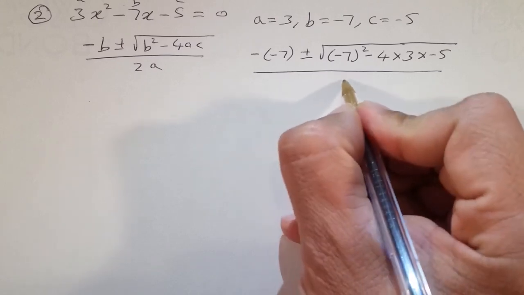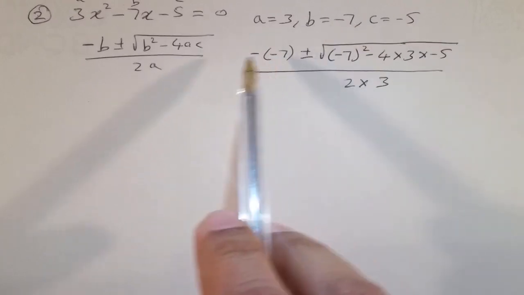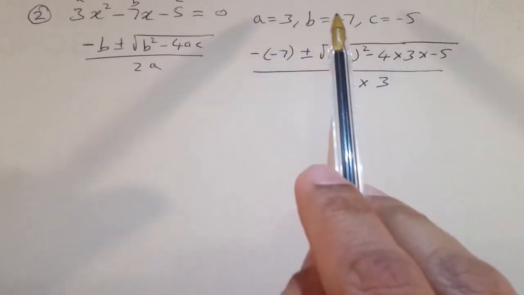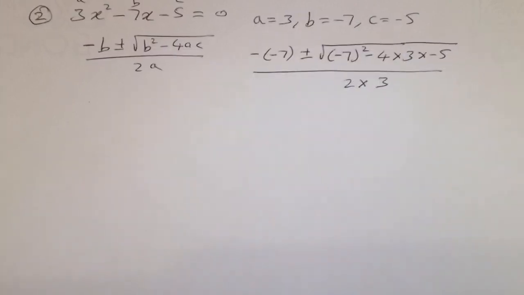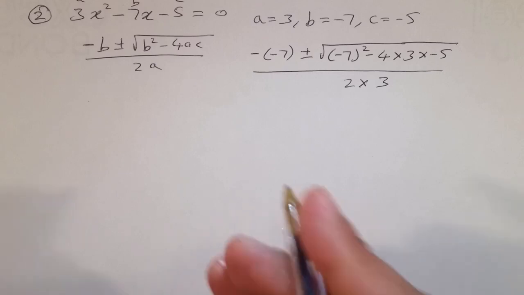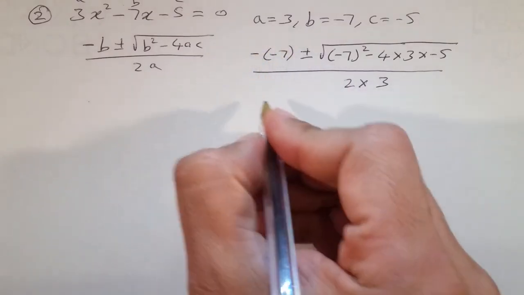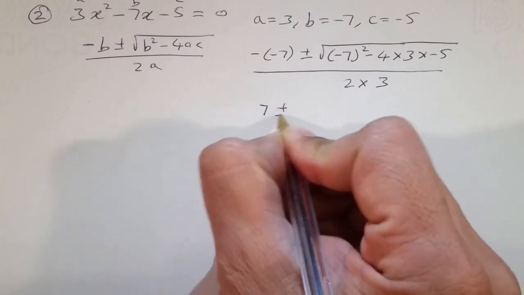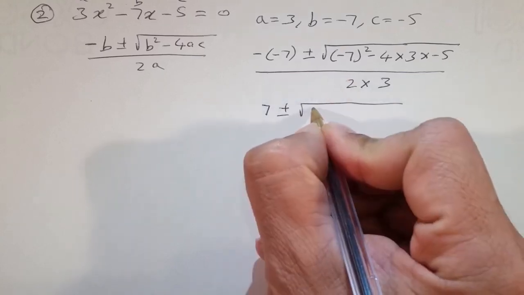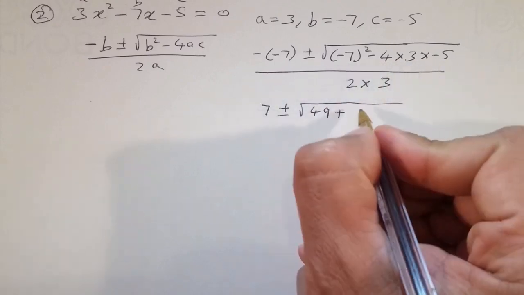Whole over 2 times a is 3. Just cross check it. So minus b plus minus root b square minus 4 times a times c. Done. That's it. No calculator, put exactly on the calculator, you'll get your answer. Non-calculator, solve it a little bit, leave in the third form. Minus times minus, which is plus. Minus root 7 square is 49 plus 5 4 is 20, 20 times 3 is 60